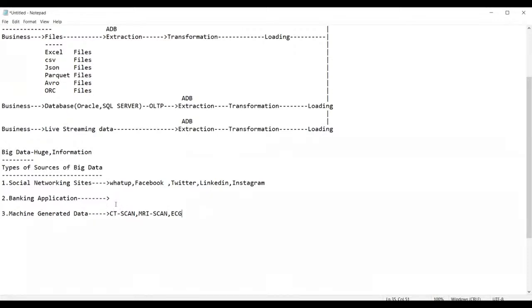That means a massive amount. The CT scan machine generates a very massive amount of data. So that is nothing but called machine generated data. Any machine which generates data is called machine generated data. That's it. Okay. Then afterwards,